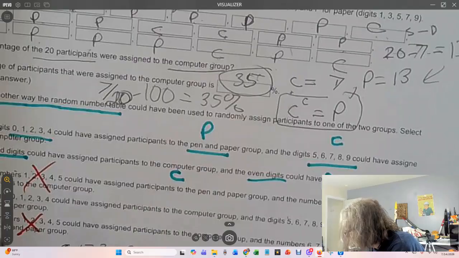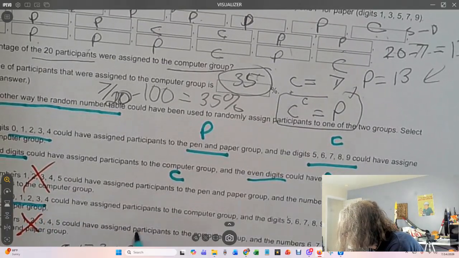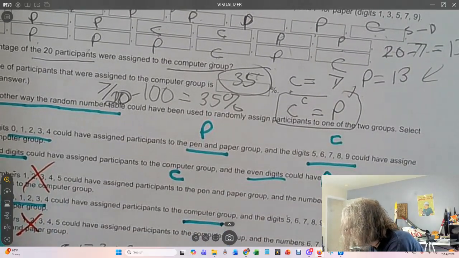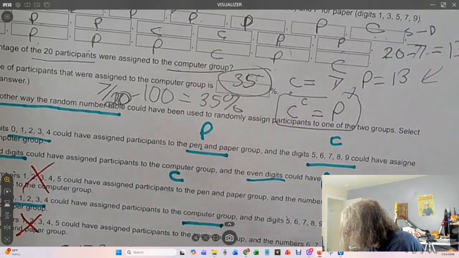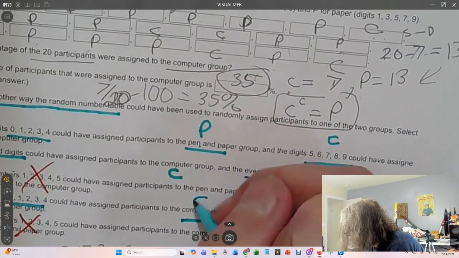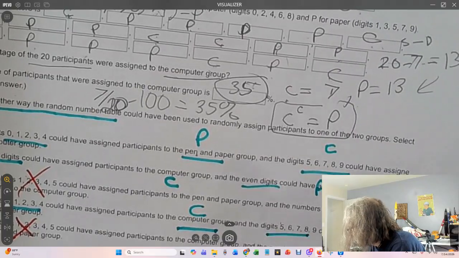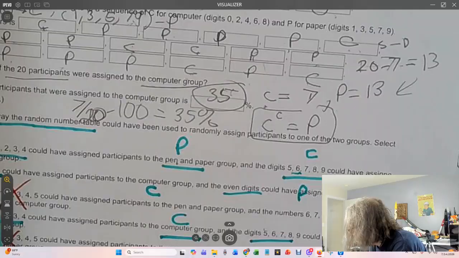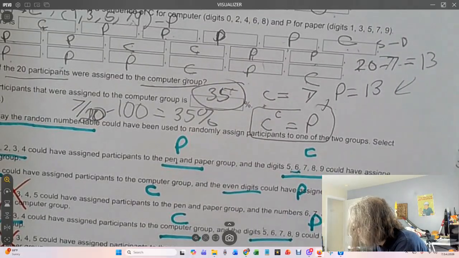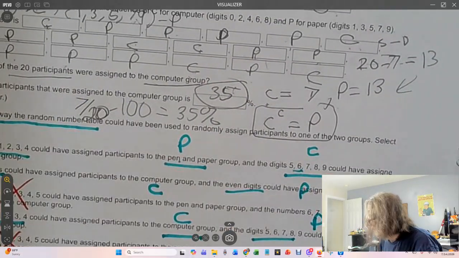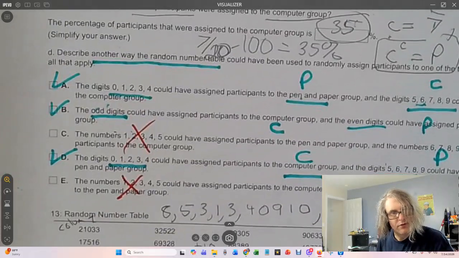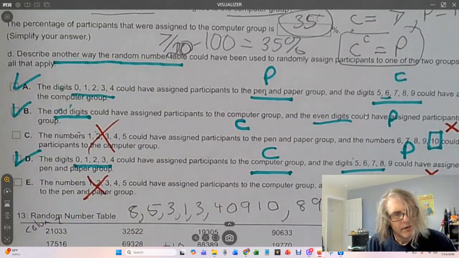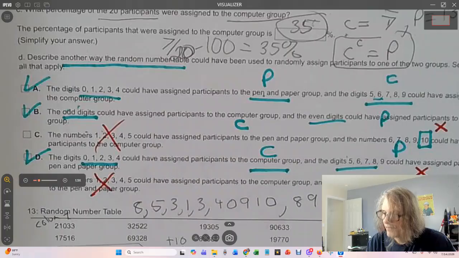Okay. Switching the groups around. Notice this one is going to have the first digit go to the computer group. This is very similar. Only notice it has the first 5 digits going to the paper. This one is going to the computer. These digits, which this one up here had going to the computer, are now going to the paper. So that's fine. That works. So it would be those right there. Zoom out. I hope I didn't, I lost track of what my